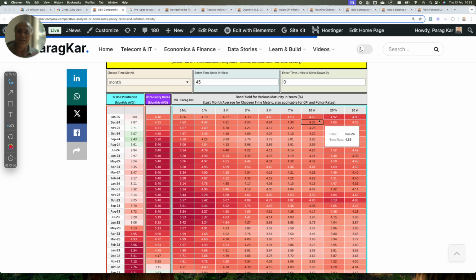The second is that the RBI's ability to drive interest rates down depends upon what? Our own inflation. Because if our inflation goes out of control, then RBI will not be able to reduce rates, because containing inflation is one of the major objectives of RBI. So if that happens, this will be the last rate cut that we are going to see, and there will be no further rate cut in the future, because whatever rate cut we saw is very marginal, since it has just reduced the repo rate from 6.5 to 6.25, which is not going to have a huge